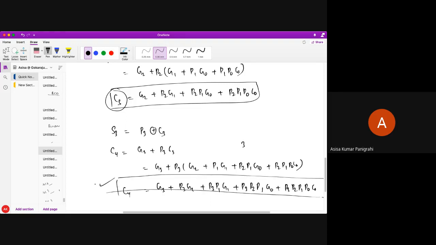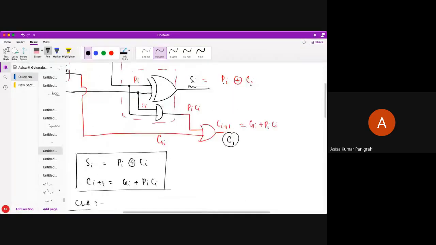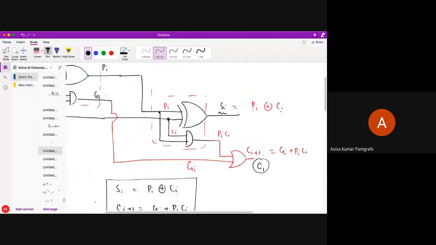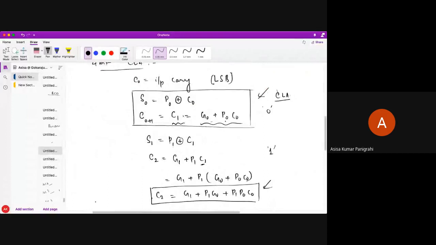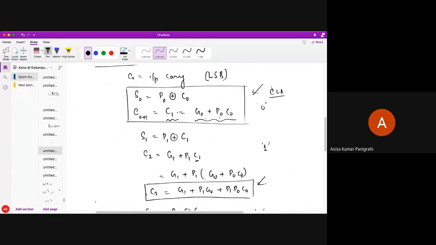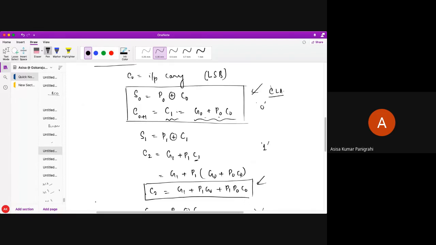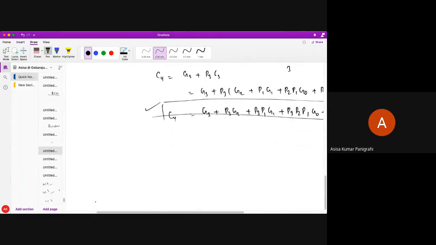Do you all understand, students, or any doubt on this? In the next class I'm going to design this circuit actually. For this class, do you all understand what operation is happening? I'm just requiring a single bit carry look ahead adder. I just need how many next bit carries it is generating with the same bit sum. It's generating the next bit carry with the same bit sum. How I will utilize it to design the circuit, we'll see in the next class.